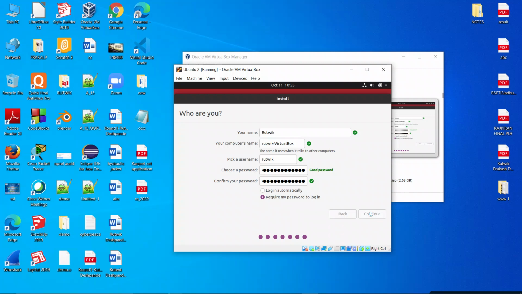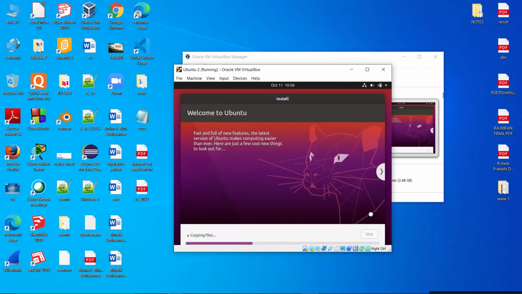Once I click on continue, it will ask me for a restart because we are done with almost all of the installation process, and it is copying files. Just wait for some time. It will start.